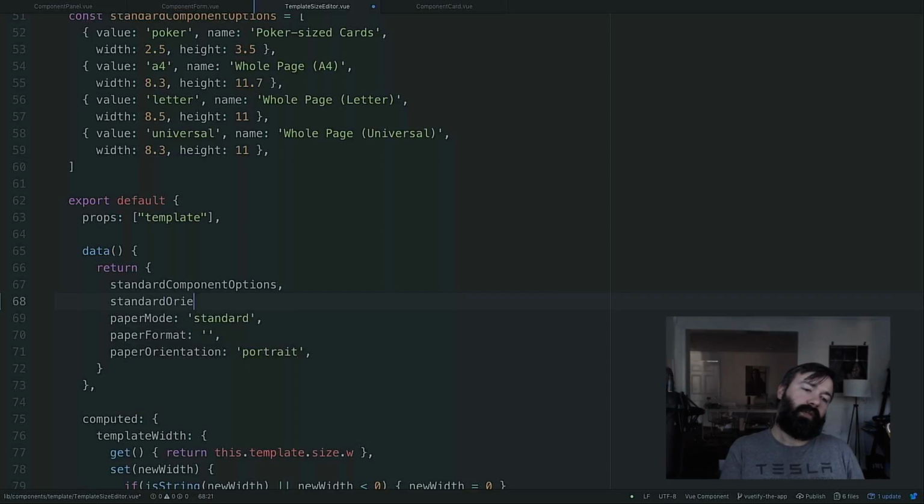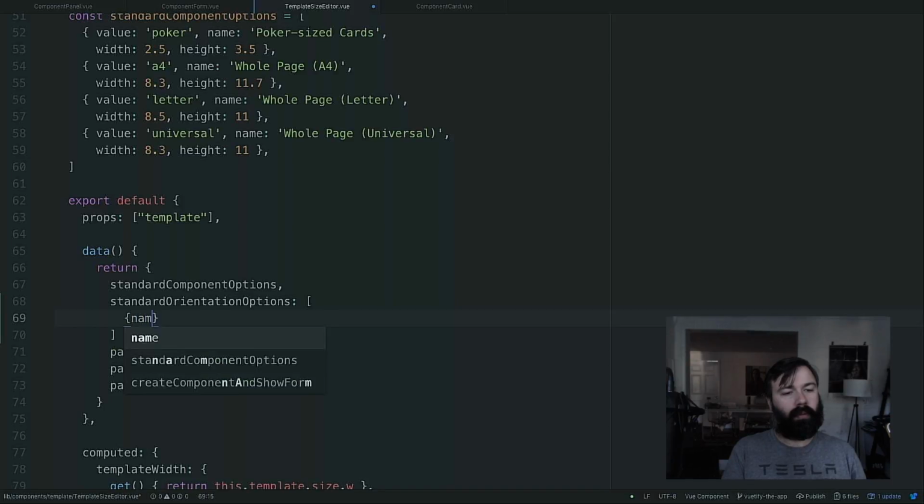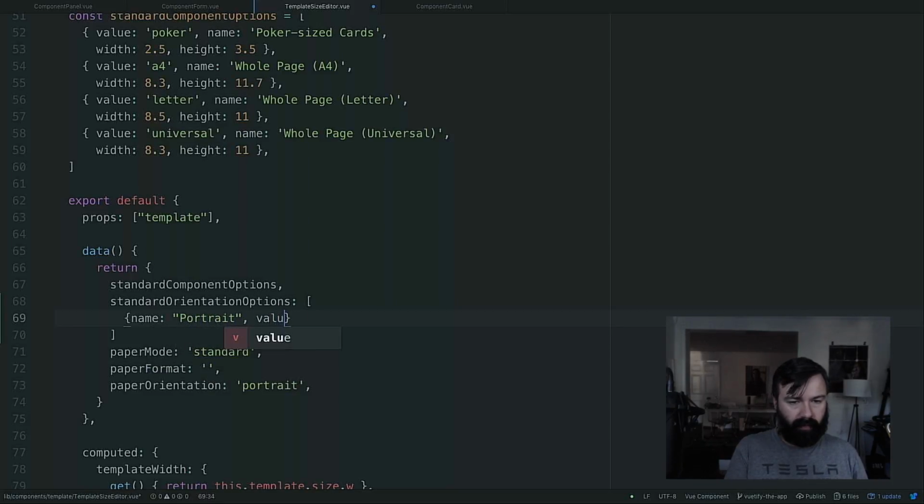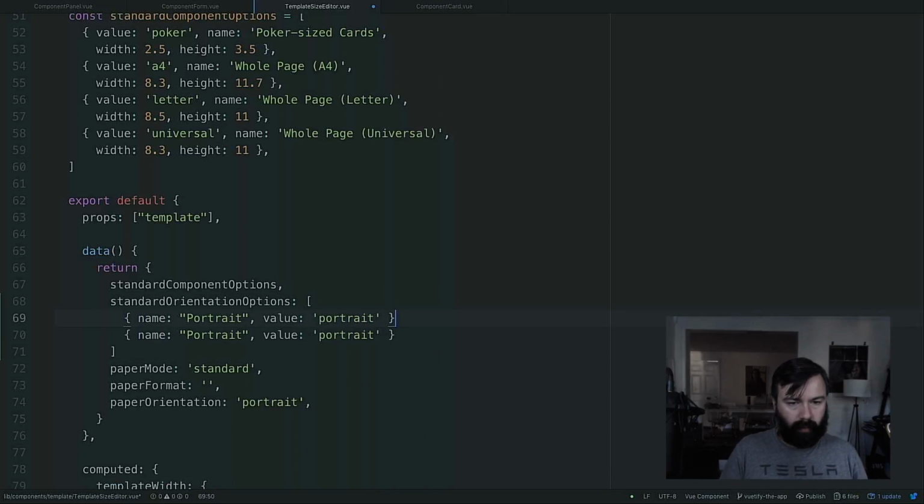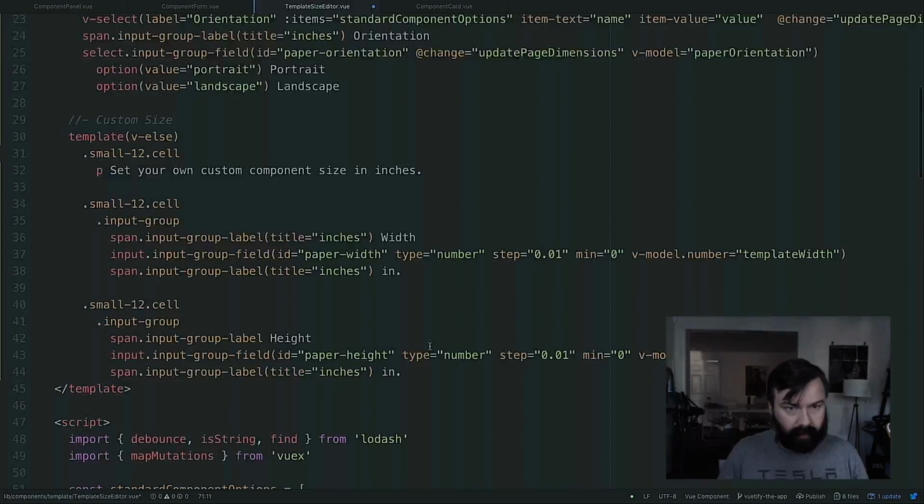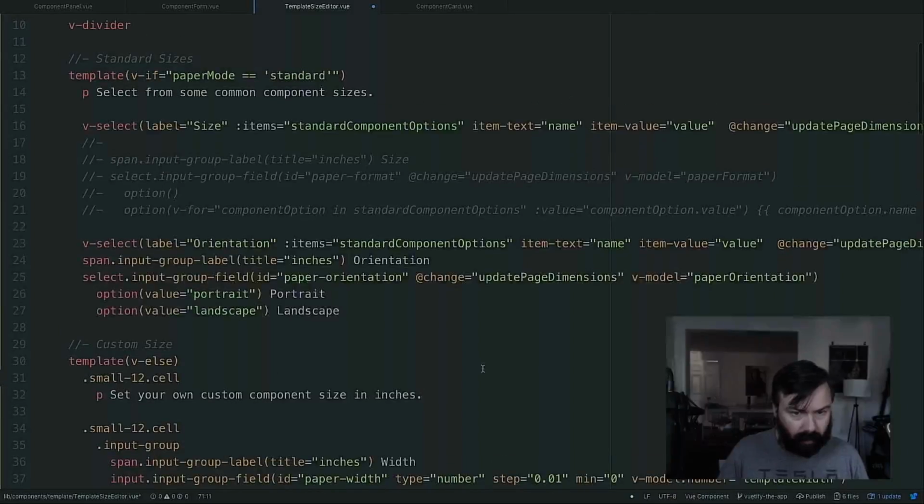Standard orientation options. Name: Portrait. Value: Portrait. Name: Landscape. Value: Landscape. It's funny how sometimes you just need to list obvious things so you can deal with them as